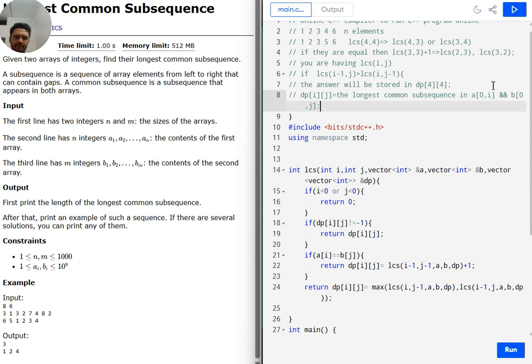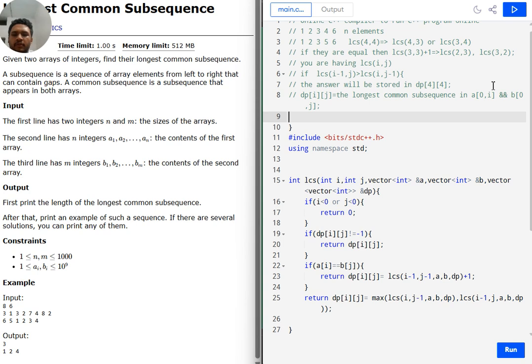That's what it meant. So if this was the meaning, then for this example, 1 2 3 4 6 and 1 2 3 3 5 6, my 6 and 6 are equal, right? So DP of 4 of 4 will be 6, but what will